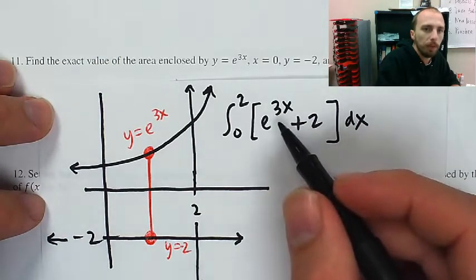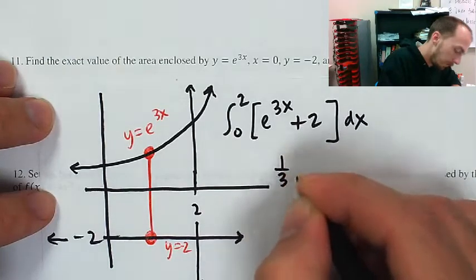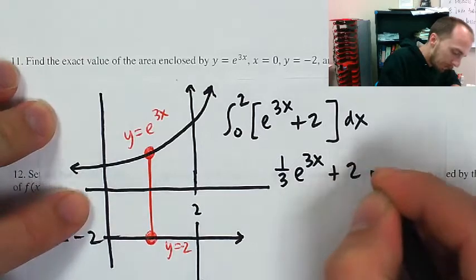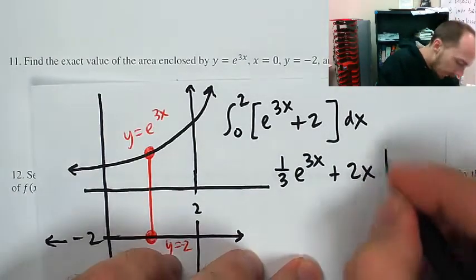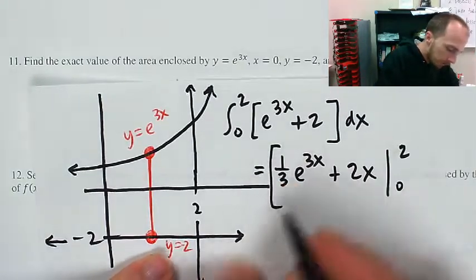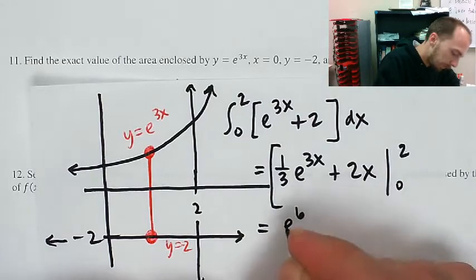I'm going to find an antiderivative for e to the 3x. An antiderivative for e to the 3x is going to be 1/3 of e to the 3x to account for the chain rule, plus 2x, and then I need to let x run from 0 up to 2. And then that's going to be equal to 1/3 of e to the 6